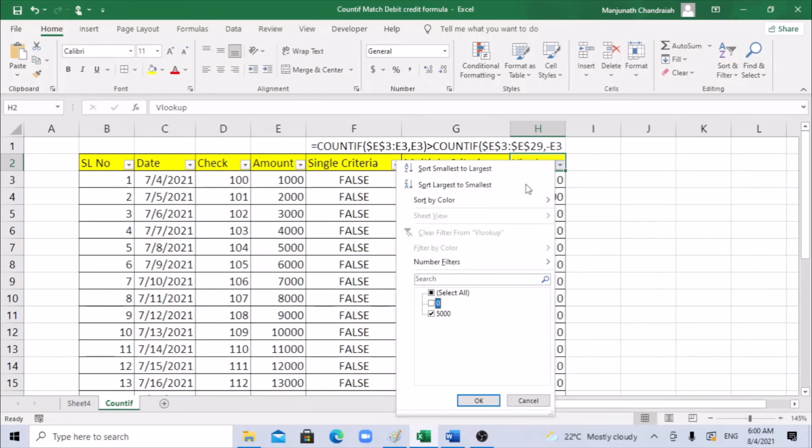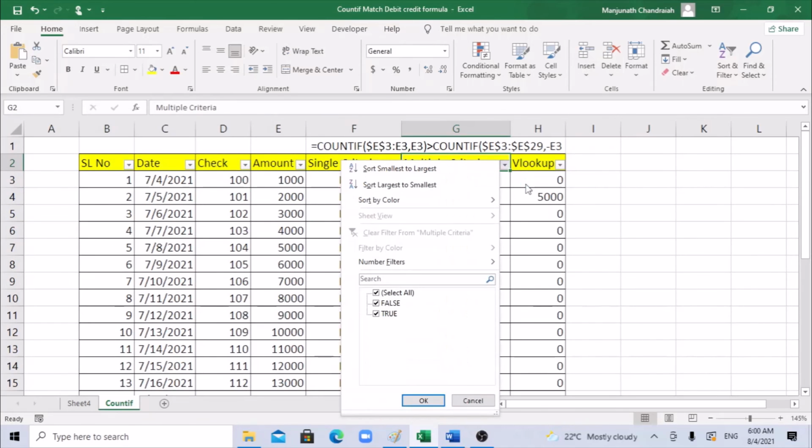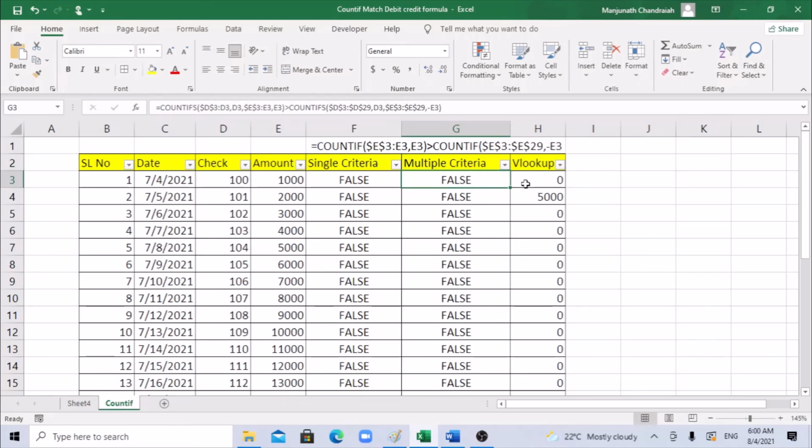See, for the 5,000, as you can see there, it shows 3 line items because it is taking the check number. Again, you need to go and knock off if there is anything that needs to be knocked off here. Whereas in this formula, it will give you only the one line item which is open, which doesn't have the same credit of 5,000. This is much simpler. I feel you can use this formula or the pivot table, whichever is comfortable for you. The formula looks complicated, but once you put it in, it's just a repeat of the same thing. I hope this formula would be helpful for you.